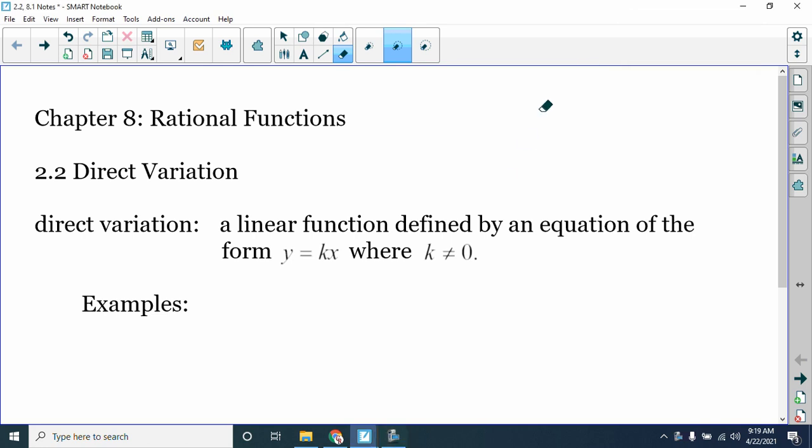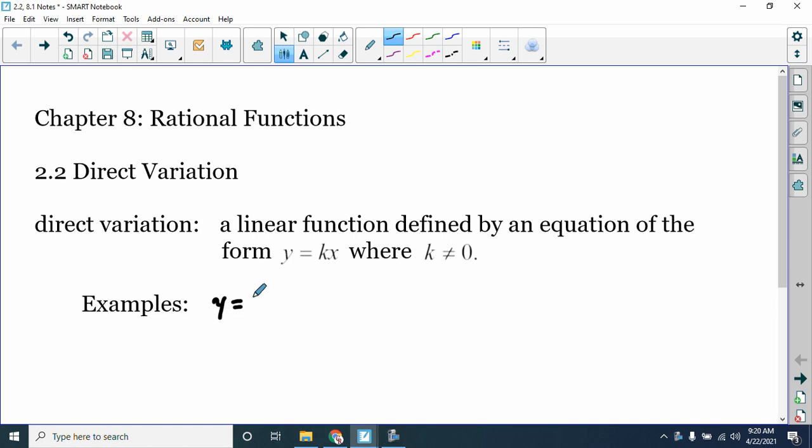These are notes from sections 2.2 and 8.1, which is on direct variation and inverse variation. Direct variation was in chapter 2 because it is a linear function. It's just if we have y equals some constant times x, y equals k times x, k can't be 0,